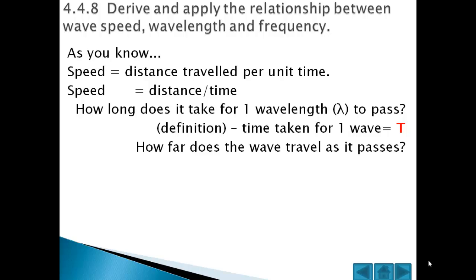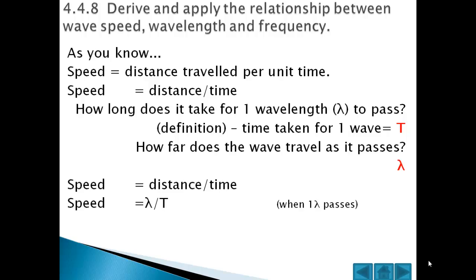And how far does the wave travel as it passes? Well, we're talking about one wavelength. The distance travelled by one wavelength when it passes completely is going to be, of course, one wavelength. So the distance is going to be lambda, the wavelength. The time taken is going to be the time period. So now the speed we can write as distance over time, which is one wavelength, divided by the time, which is one time period,